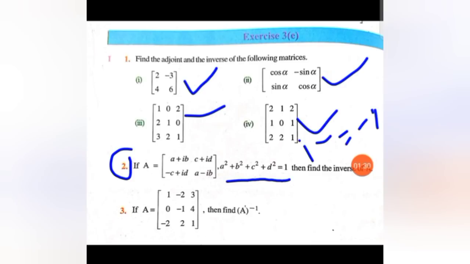Right. Now problem number 3, A is a 3 by 3 matrix is given. Then find (A transpose) whole inverse. You know how to evaluate the inverse of a given matrix, whether it is 2 by 2 or 3 by 3. But here the question is (A transpose) whole inverse. First of all, find out the transpose of this matrix A, by interchanging rows into columns. So you get A transpose.